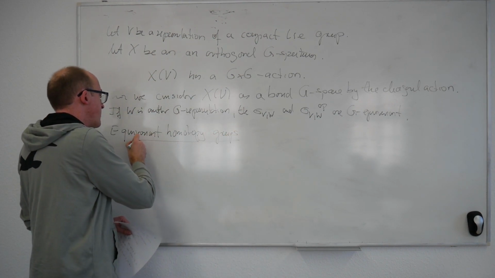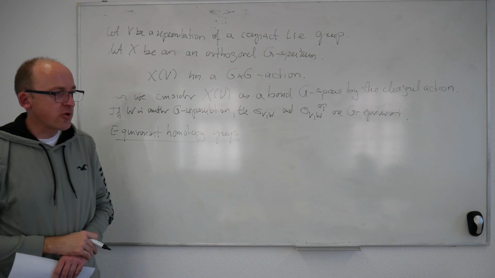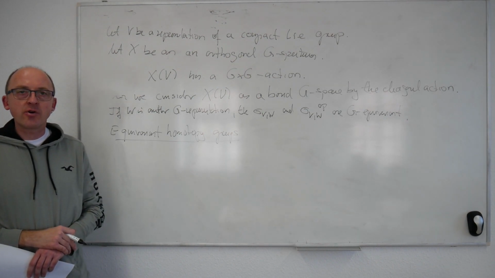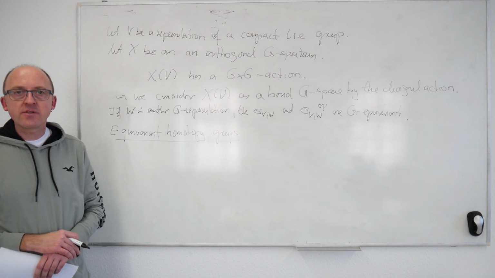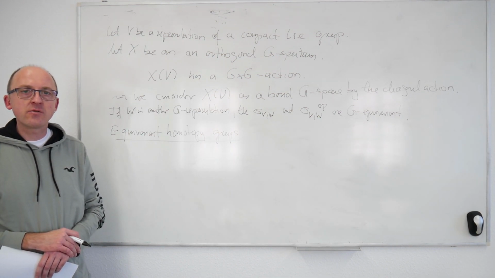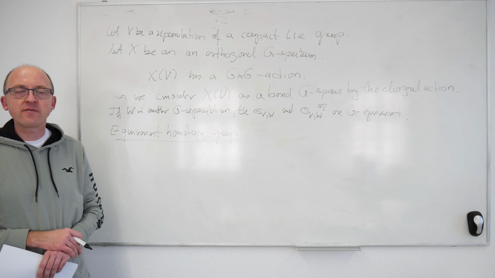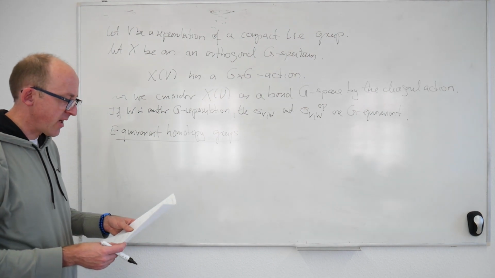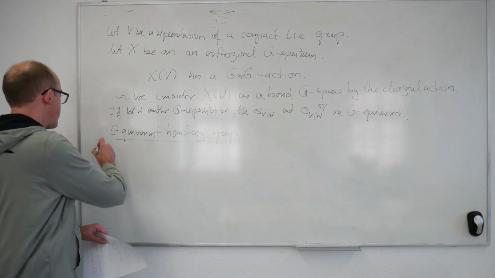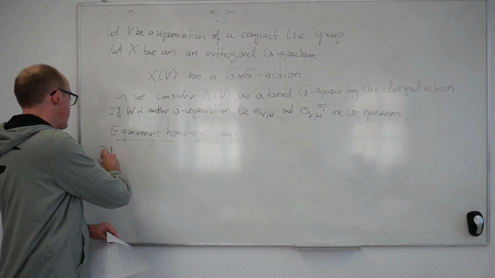And now, if I want to really get the story for compact Lie groups also, I have to talk about universes. Universe is also a term in mathematics that's used in lots of different contexts. So I'm not going to use it in the context of set theory here. I'm going to use the term universe in the context of equivariant homotopy theory, so I'll quickly have to tell you what this is. So let me give you a definition.